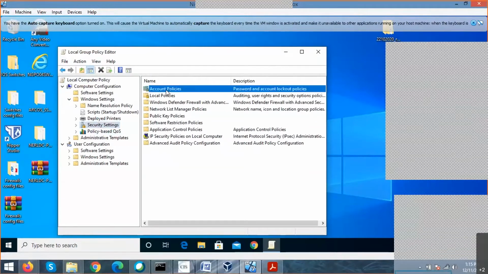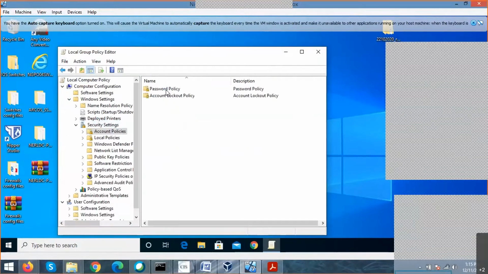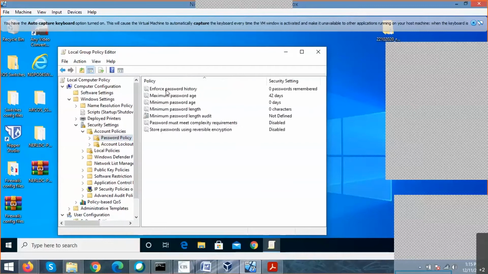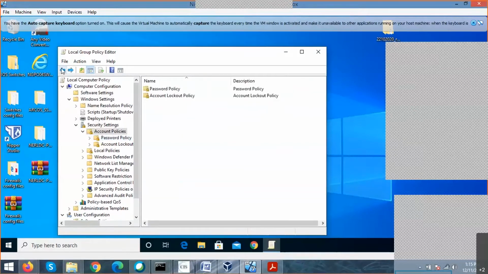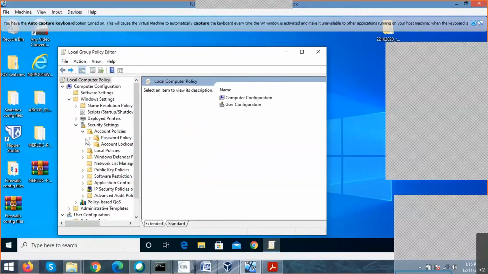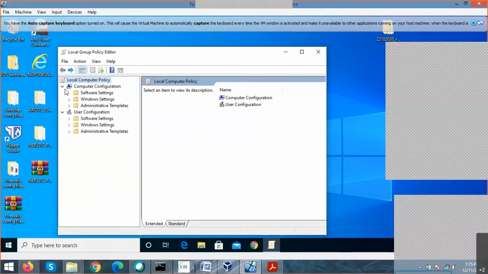So yeah, account policies, password policies. Okay, so see, go to this account policies, security settings. Let me just go one by one. Okay, so under the local computer management, there you have security settings. Okay, just drop down.